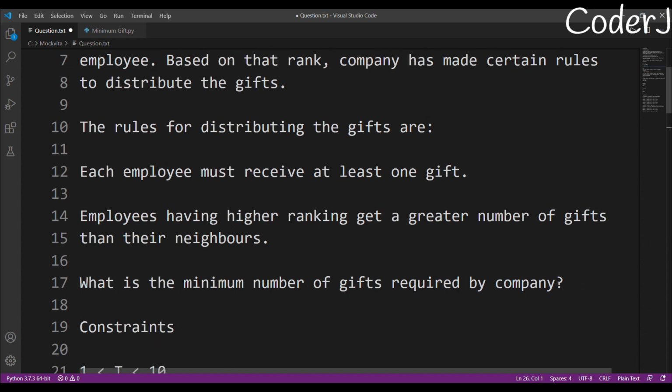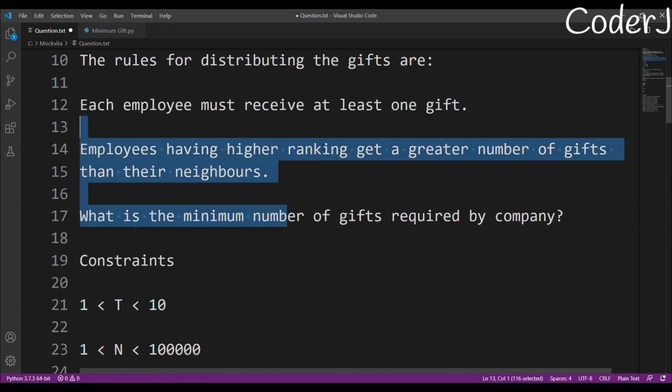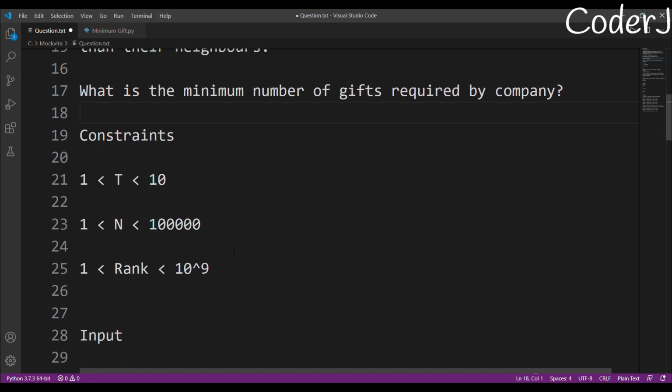So this is a question of minimization. Whenever there's a question of minimization, there's only two approaches: either you have DP, dynamic programming, or you have your greedy approach. Now let's look at the constraints, because I always say that constraints tell you what approach you should be using. So we look at the value of n. What is the value of n? It is 10 to the power of 5.